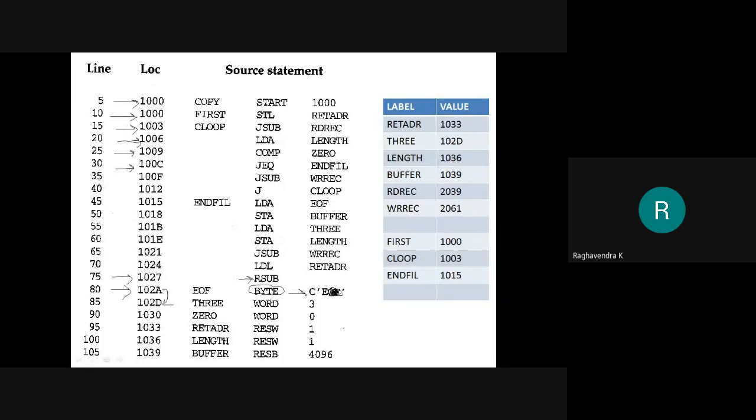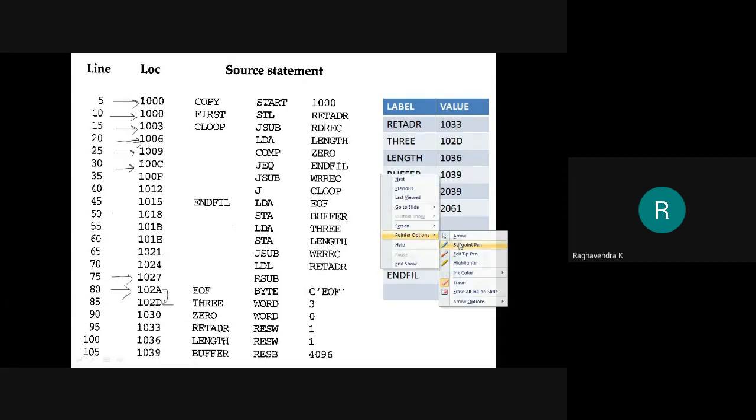Okay. Now suppose for example, if only E was present. Then what would be the value for the next statement? How much are we supposed to add? It is BYTE, but how many bytes do you need to store that constant? Only 1 byte, because we have only one character. So in that case, the address for the next instruction will become 102B. Got it? It will become 102B. But for now, it is 102D because we have got 3 characters specified as the constant. Okay. Next one.